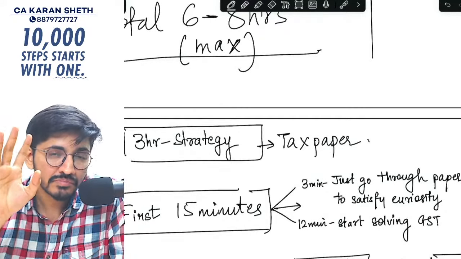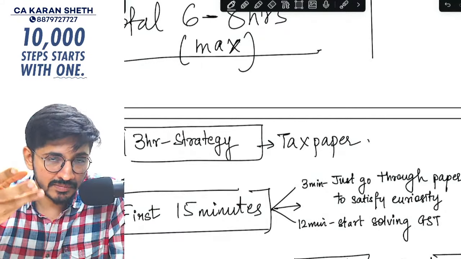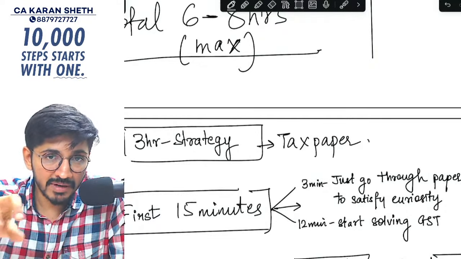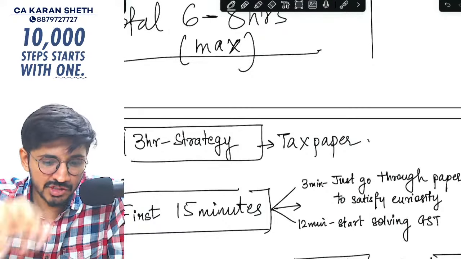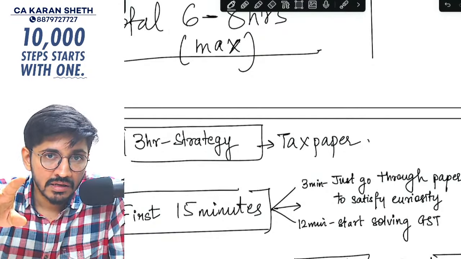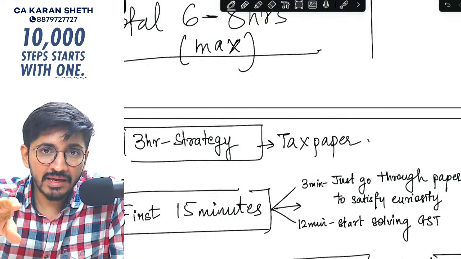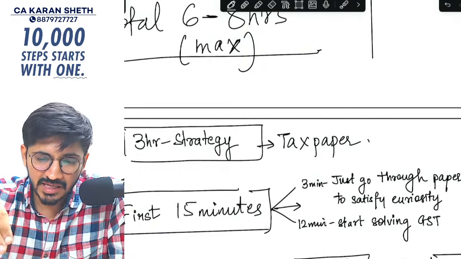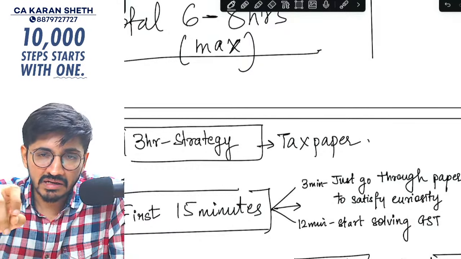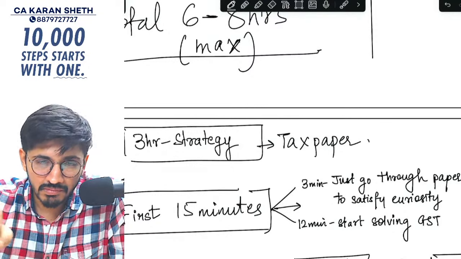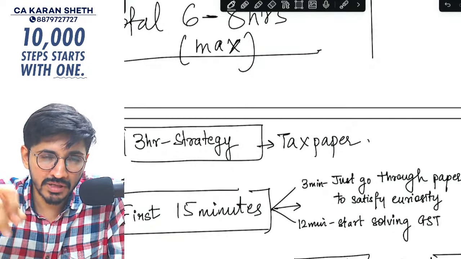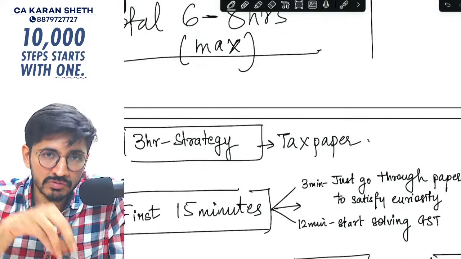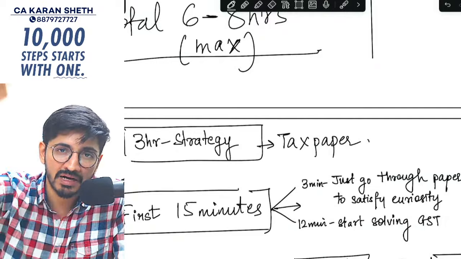sharp at 2 PM. So when you get the subjective questions, whatever GST you have studied, start solving it in those 12 minutes. I don't know whether it's allowed or not allowed, but whatever the case may be, keep in your mind, or just slightly on the paper only, you can do some doodling where only you understand, and someone cannot tell you that you are copying or something like that.